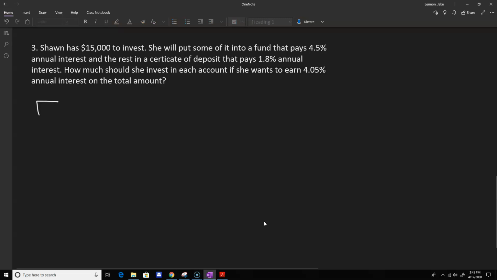So basically, we want to have our 2 accounts. So let's let A be the amount invested at 4.5%, and B be the amount invested